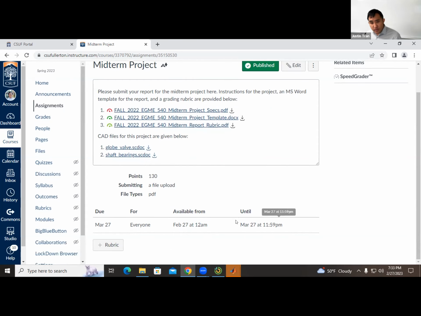Remember, it's due a month from today, and so it's due on March 27th, the Monday of spring break. Okay. It's going to be a lot of work. And so, like I said, I know every professor says this about their work, it's not something you can do overnight. But this one, it's really true because, when you do these parts, I guarantee you everyone runs into some kind of issue in ANSYS. Okay.